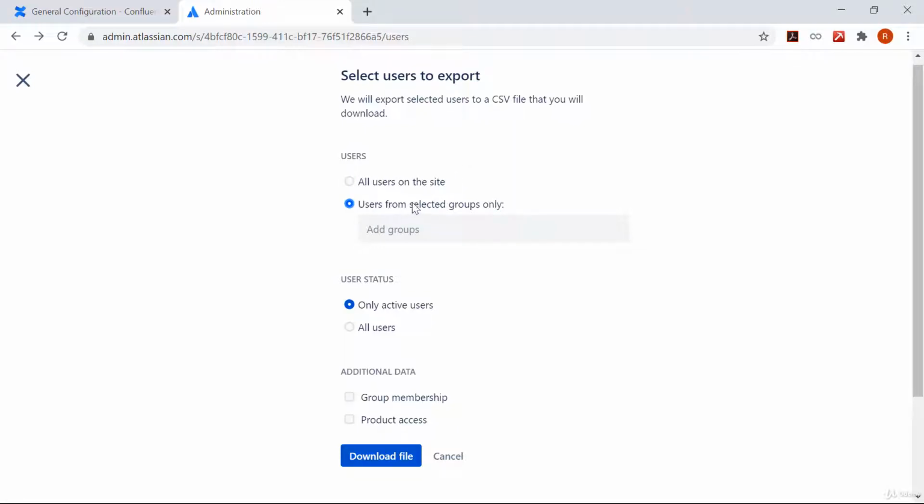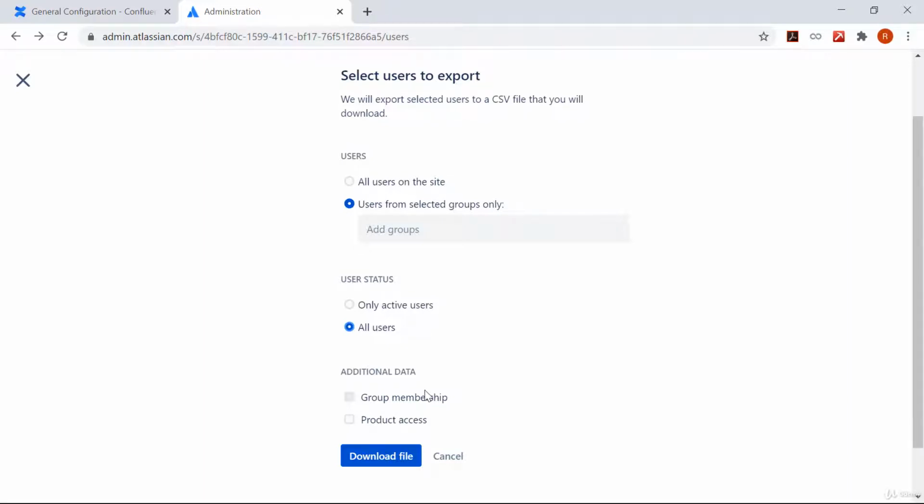Under the second option, you can select one or more groups, and only users in these groups will be exported. You can select the user status that you want to include. All users will include both active and inactive users. From the additional data, you can select if you would like to include additional data in the download. If you select the group membership option, the file will list the groups each user belongs to.